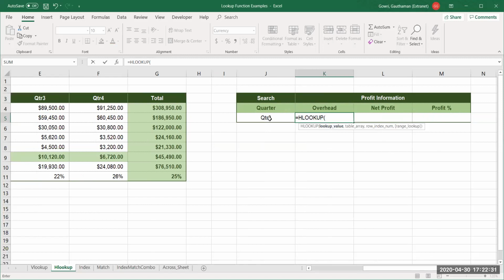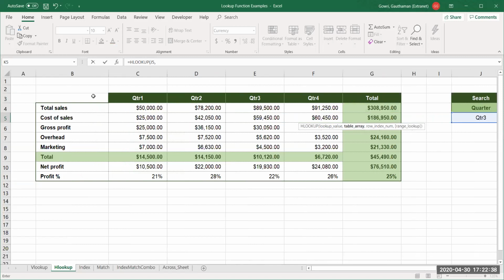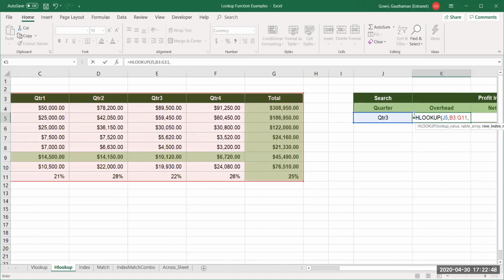So let's take this lookup value, comma, table array, select the entire thing. Okay, again, comma, row index number. So in which row the data that I want is present. Say quarter 3, we'll find in which column it is there. Overhead. So I need to mention in which row overhead is present.